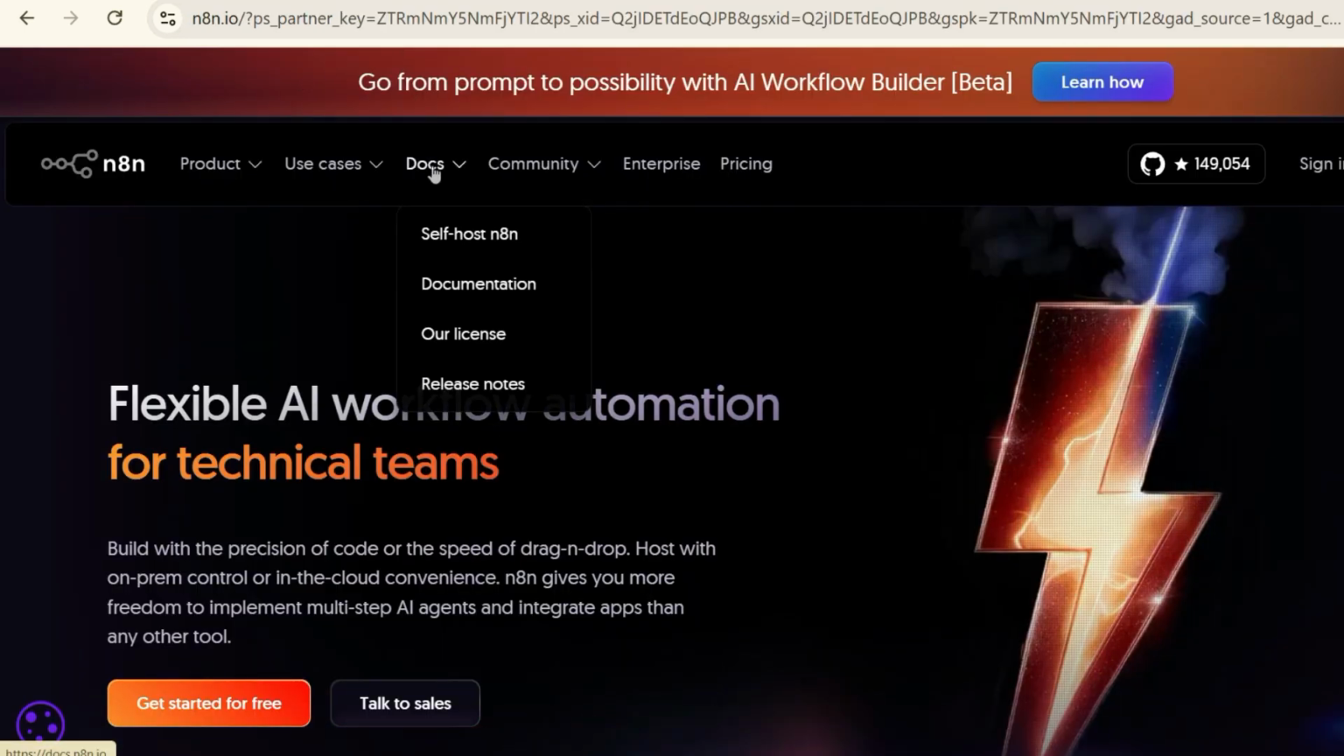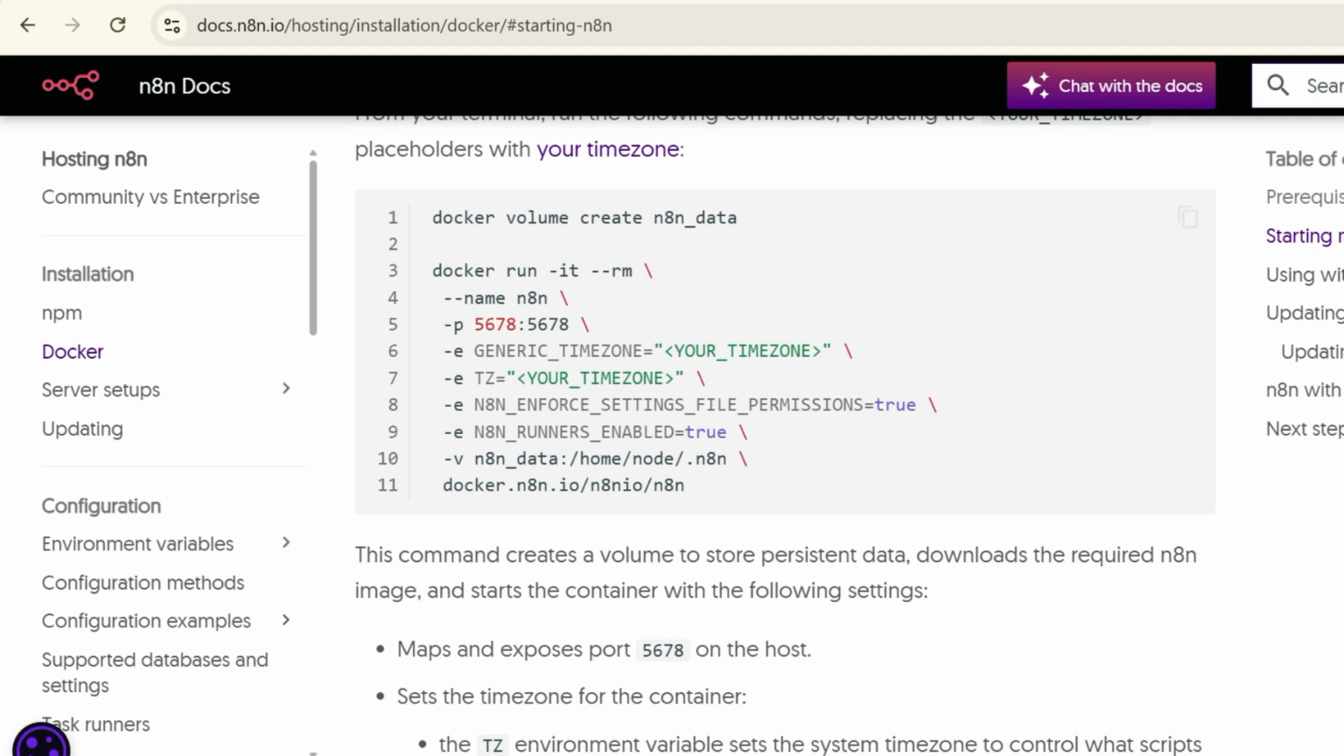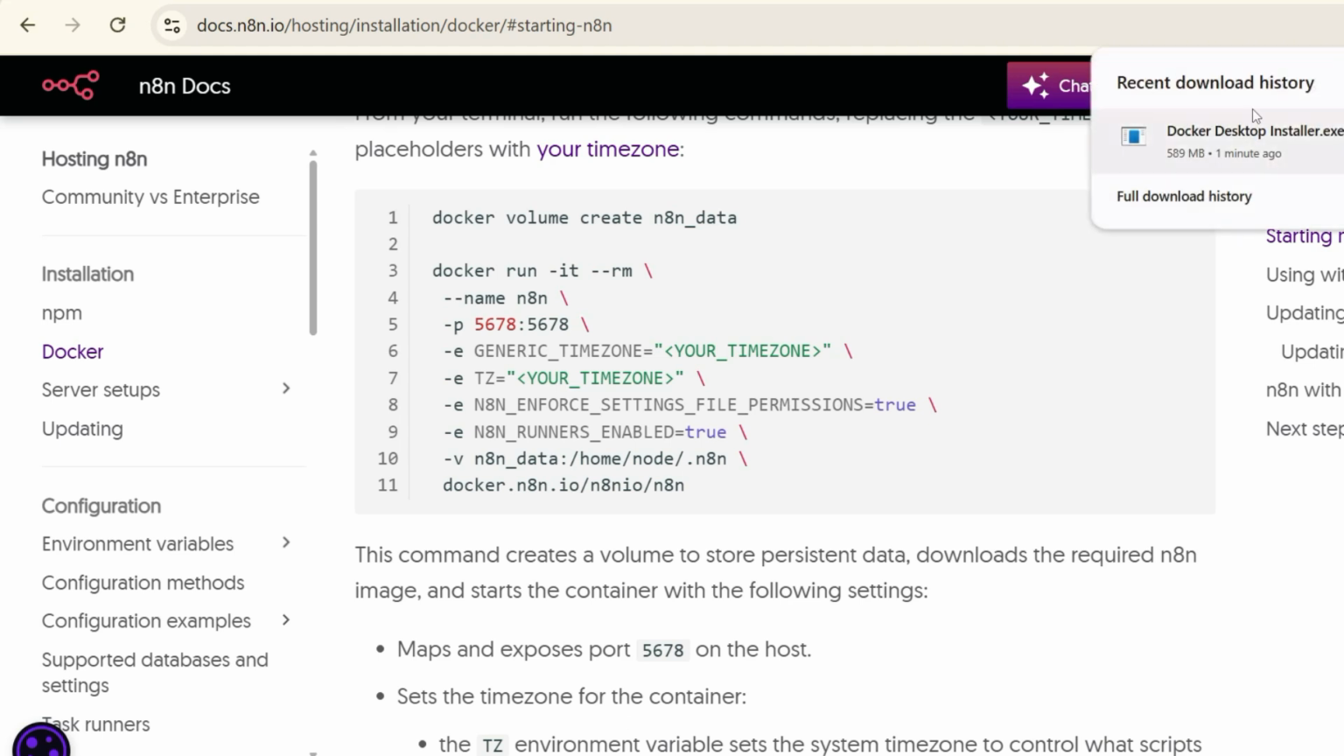Meanwhile, you can explore the n8n website or its GitHub repository. You'll find some amazing example workflows there. Once the download is complete,